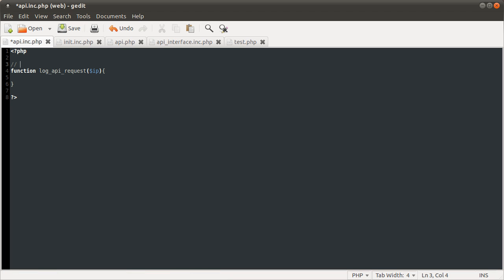Let's just say it logs a request for the given IP address, and let's spell everything right. Amazing. Okay, so the second function we're going to be creating here is one that gets the number of API requests on the current day, today basically, which I haven't thought of a better name for this, but we're going to call it